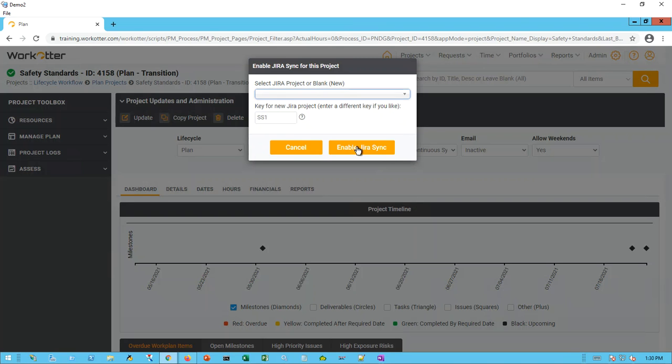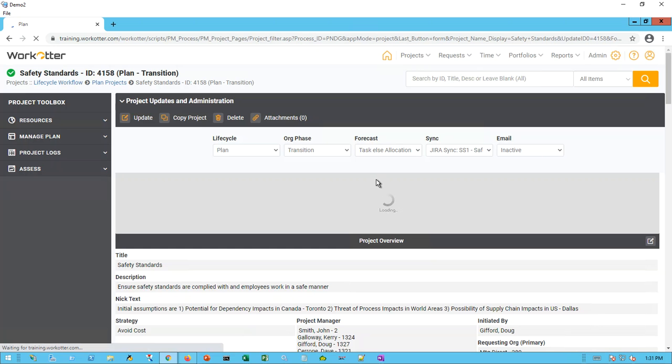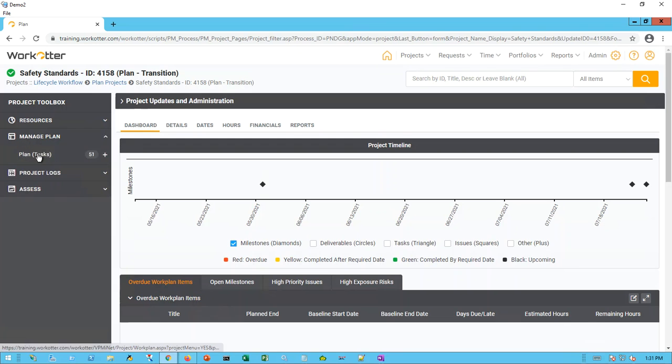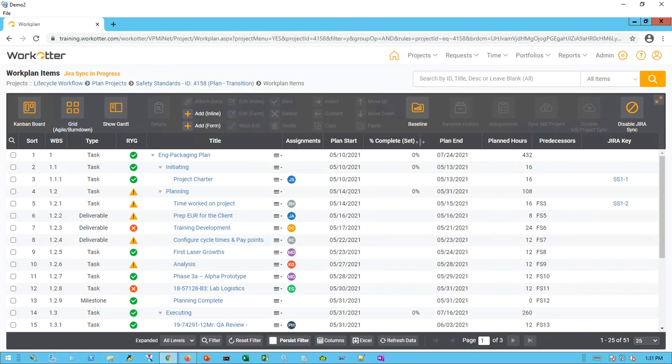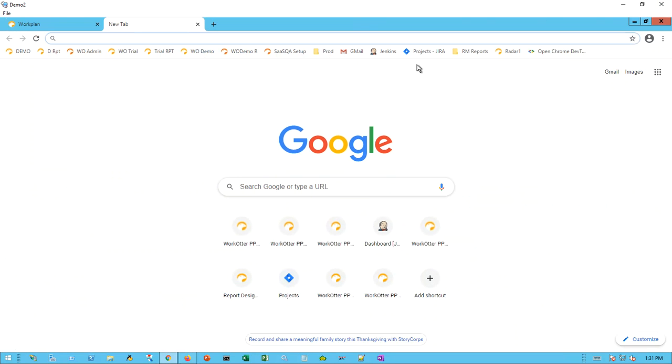Okay, so we will now enable the sync. That starts again the RESTful API, which is going to start syncing back and forth and tying these two projects together from these two systems. And now it's done. Now what you'll notice if you go to the plan and you click on it, you have now a more agilely focused view that wasn't there before. So you can see here it's going to be organized by release. You can see here it's already started to create and pull the JIRA keys and sync and link those to JIRA, so that's nice. And if we go into JIRA,